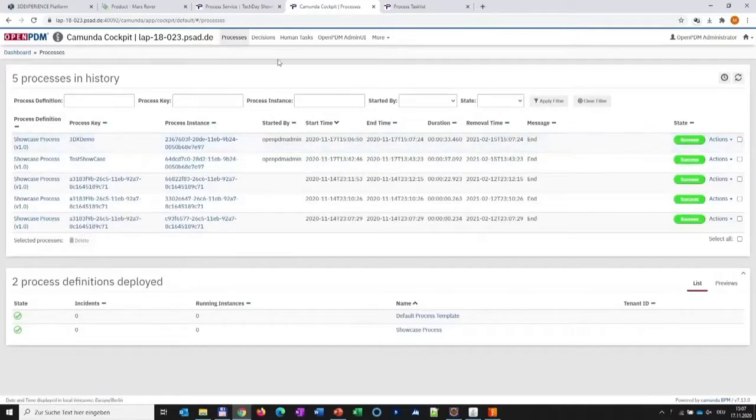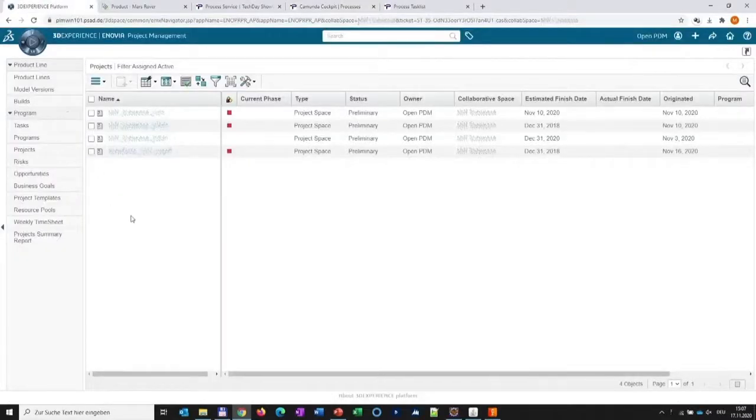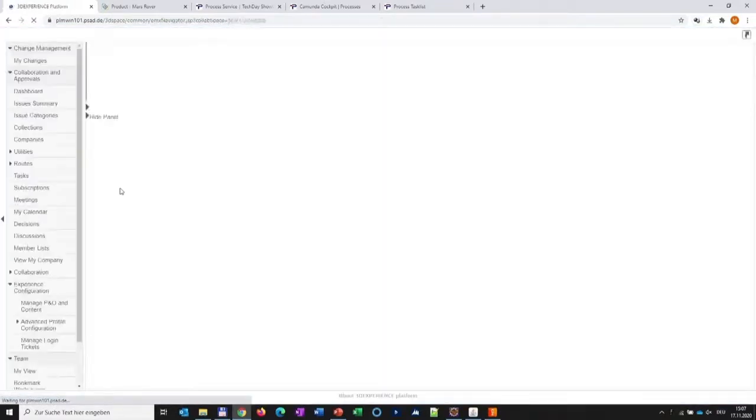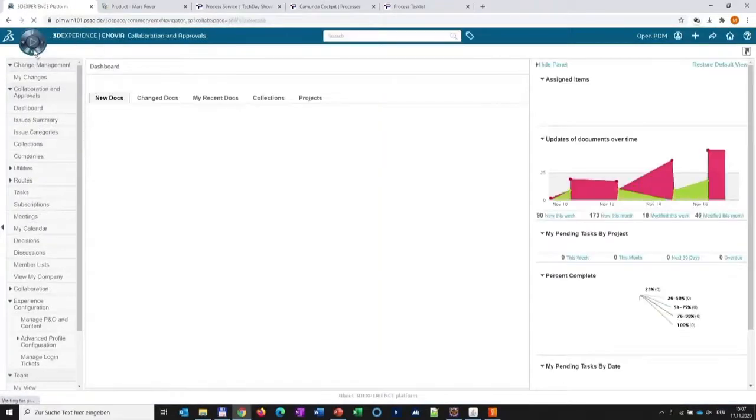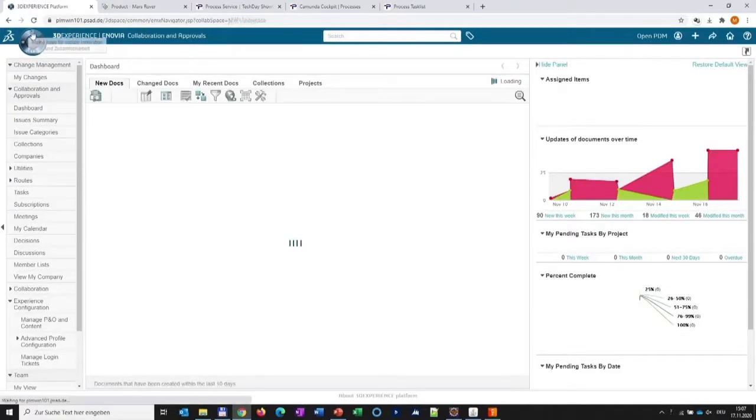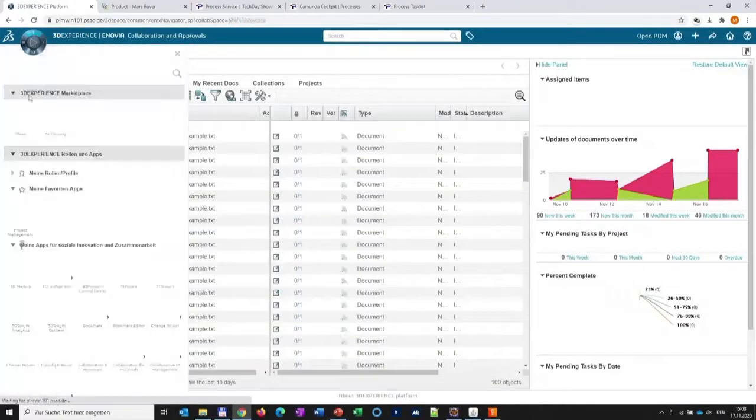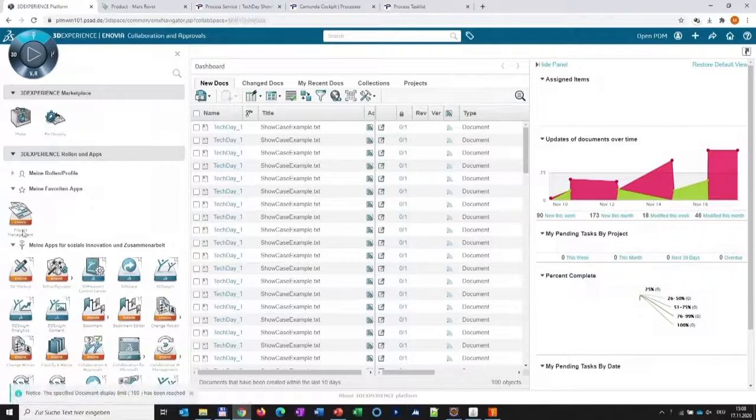Let's go to 3D Experience and have a look and see what we've imported. These are different tasks, which are then to be carried out. And now I've got to renew the session. So these tasks can be easily started.